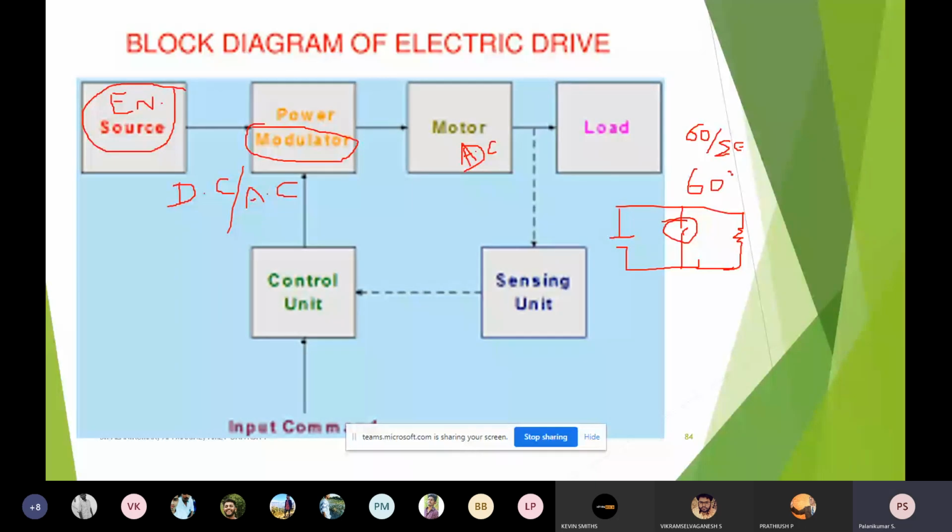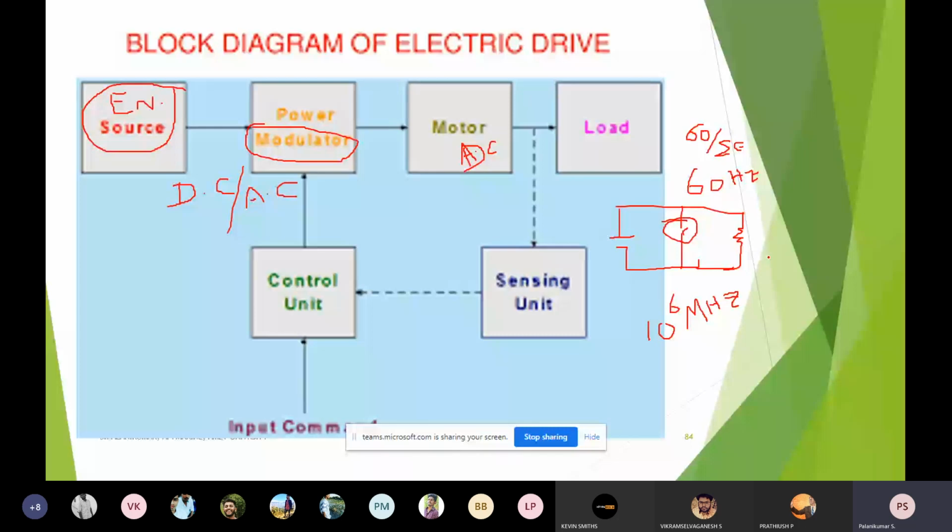Usually we call this the number of cycles per second. In each cycle, one on and off may happen. So that is 60 hertz. Likewise, electronic devices are capable of operating in terms of megahertz. That means within a second it is capable of operating 10 power 6 times, on and off. Even if you take a MOSFET, it is very high frequency. Usually the frequency means the number of times it is on and off per second.